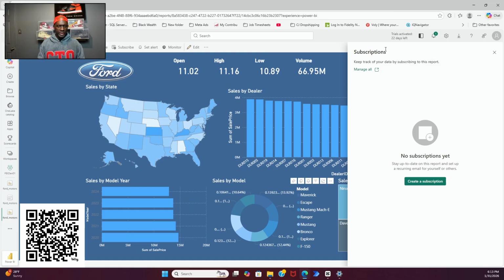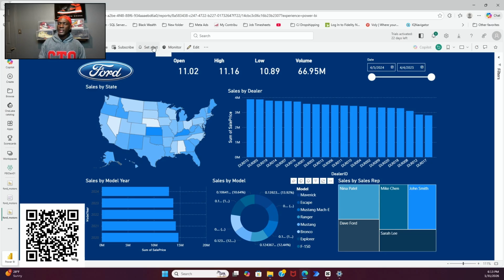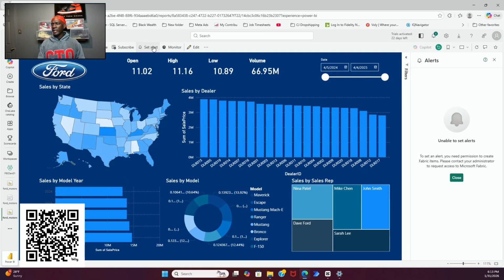You can set alerts in Power BI to where when different data points, and let's see, why is that? Oh, I got to close out a subscription. You can set when different data points are hit within Power BI, when certain states hit certain values, or when certain dealers have a certain number of companies come through the doors, or when sales has reached certain levels within a state by certain dealers. Whatever the case may be, different data points can be created so that alerts can be set so that when different data points are hit, or even when different data points are missed at certain times,